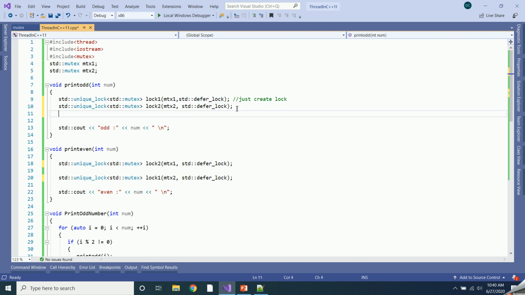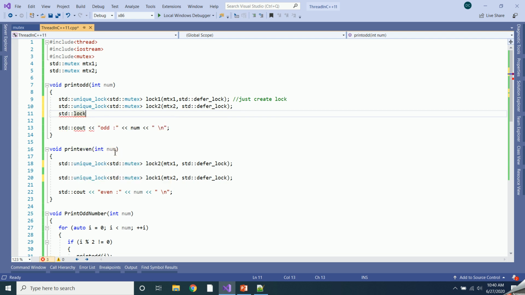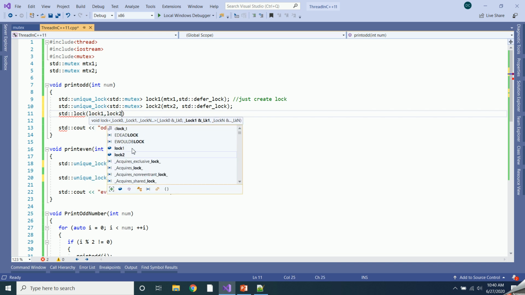To acquire it, you have to use a function called std lock and say lock 1 comma lock 2.